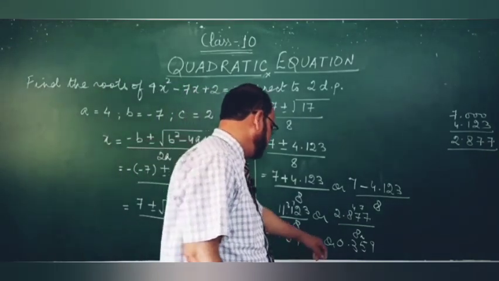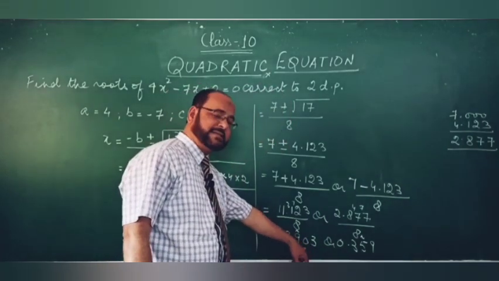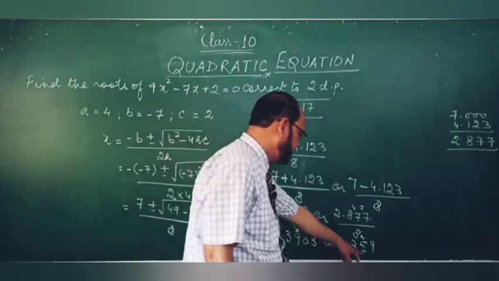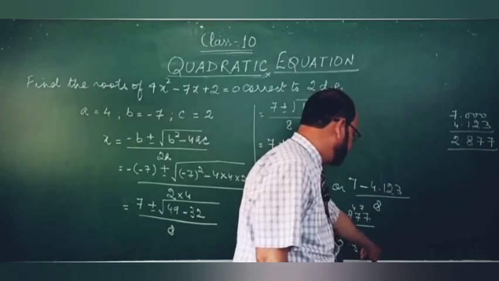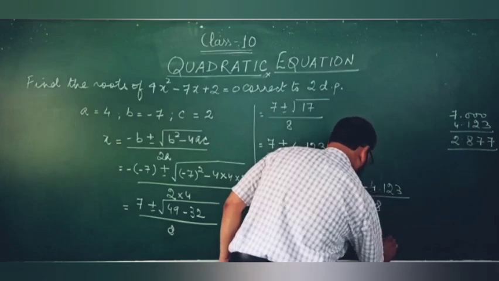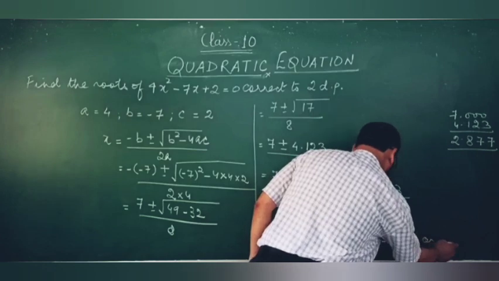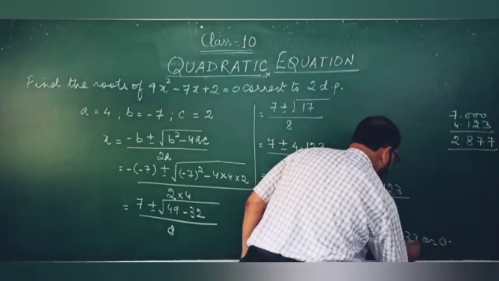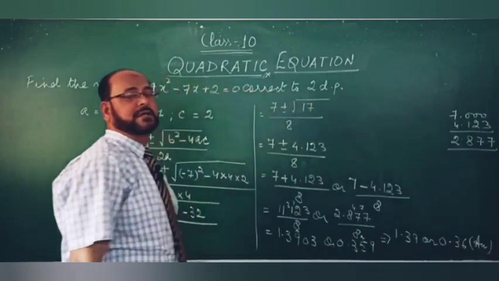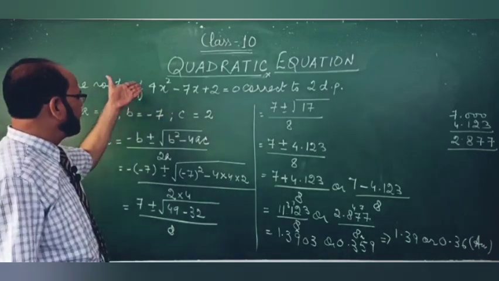1.39 and here why? Because the digit which you have to round off, you will check the next digit, that is 0, less than 5. So it will be 9 only. Here the next digit is more than 5, so 1 will be added. So your answer will be 1.39 or 0.1 will be added here, 0.36. So this is the answer of this question where you were supposed to find the two roots of 4x